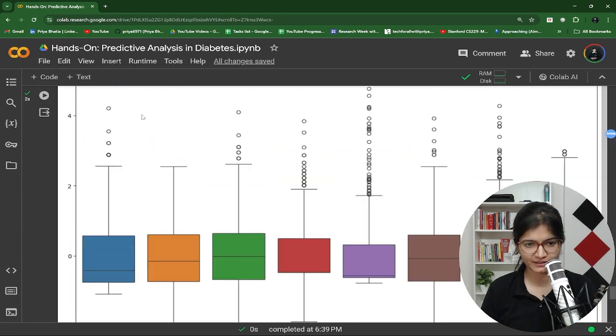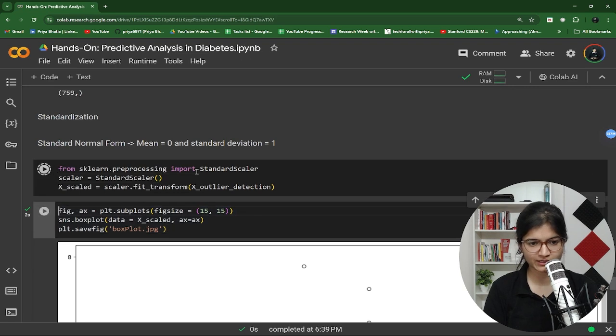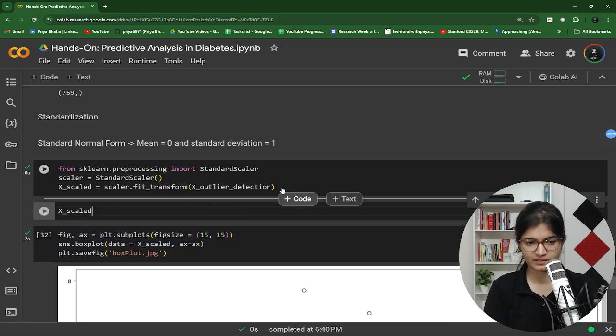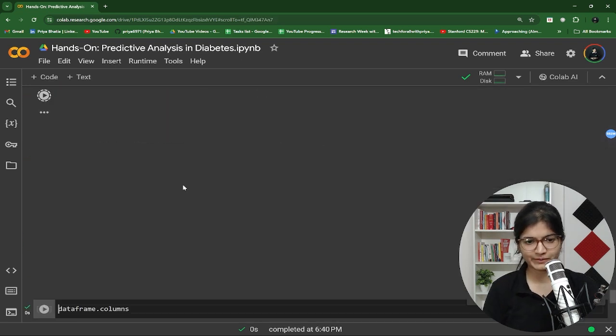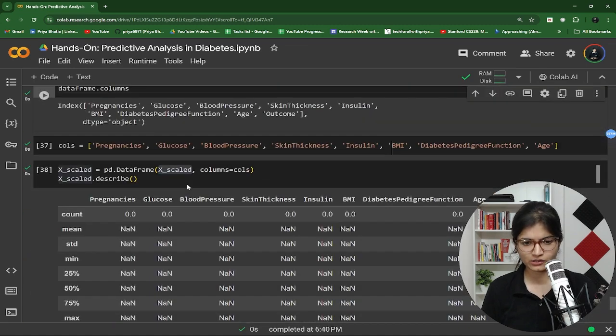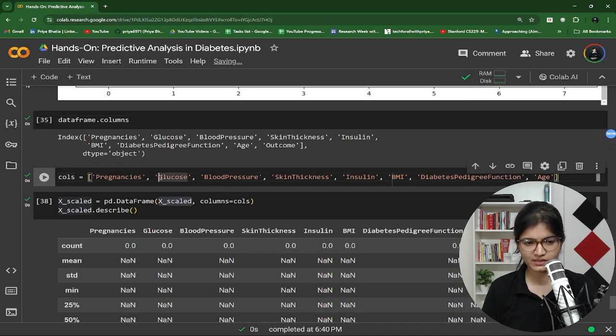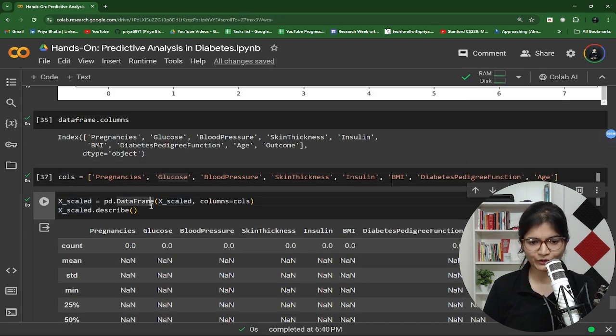X_scaled. There is some confusion here. Let me just check it out. X_scaled, so it's perfectly fine. Let me try to create a box plot again. This is also fine. Now what we are doing is we have a columns value and we're trying to convert